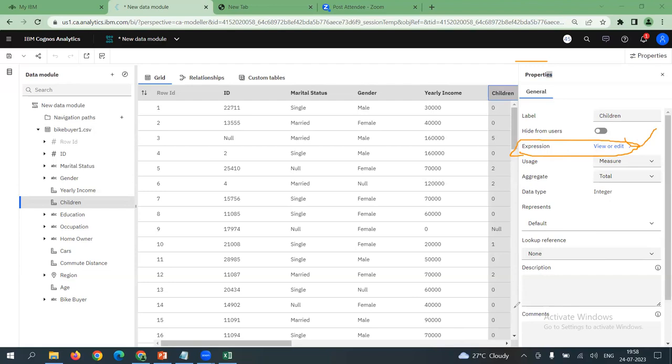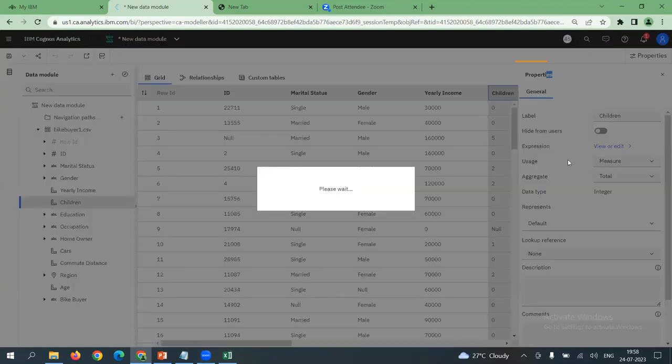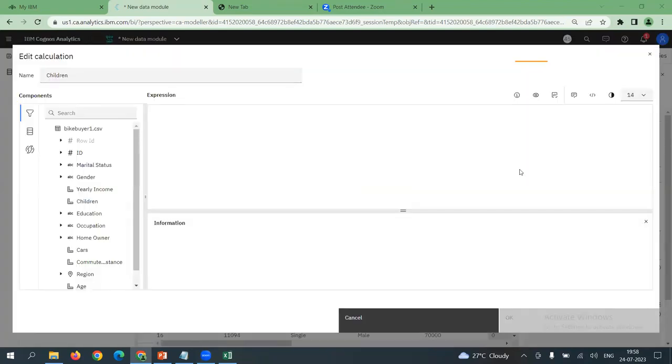So now we are going to create a user defined expression for cleaning our data. That is, transformations are being performed. Just click on view or edit. Please confirm, participants, whether you are all in the edit calculation window on your machine also. Choose one variable of your choice, right click on it and go to the properties section. In the properties, there is one field called expression. Click on view or edit.